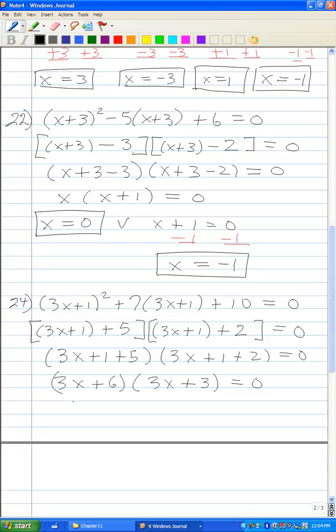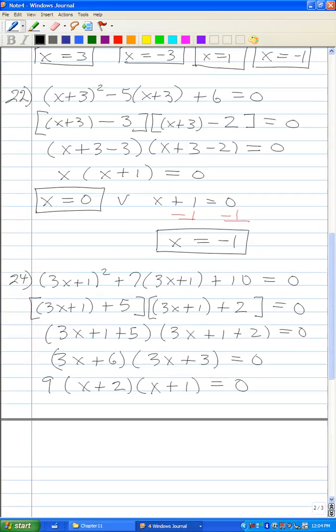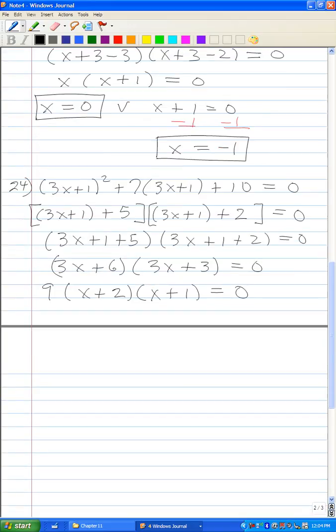So I can factor out a 3 from 3x + 6, so I get 3 on the outside times (x + 2). I can factor out 3 from 3x + 3 to get 3 times 3, which is 9, times (x + 1). And then I can set each factor to 0